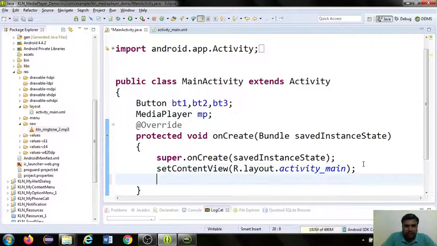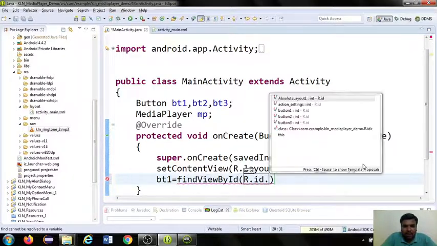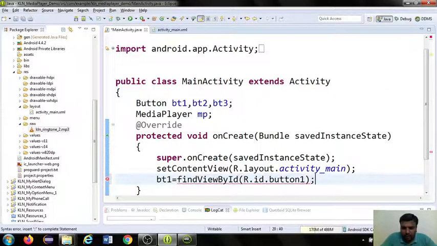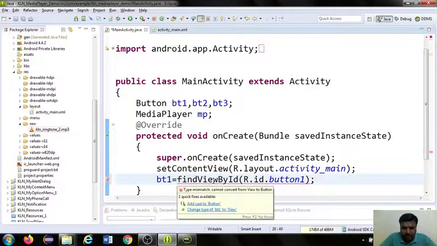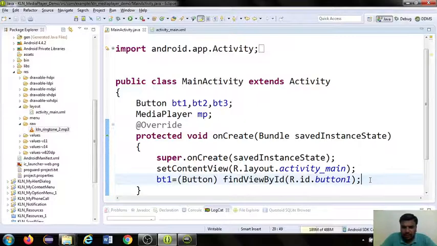Now you have to map this button object with the UI component by using findViewById. So findViewById, R.id, then button1. Here it is appearing in my help menu, so just select the appropriate button name from the help menu. Still it is showing the error, which can be removed by adding the typecast, which can also be fetched from the quick fix available in your pop-up menu. So here I am going to use the quick fix option called add cast to Button. Just click this. With this, the error has been resolved.